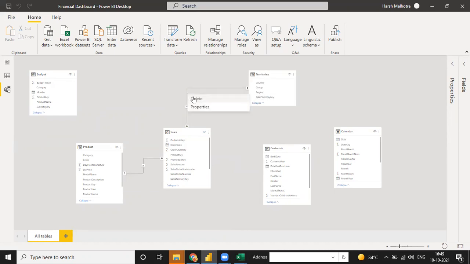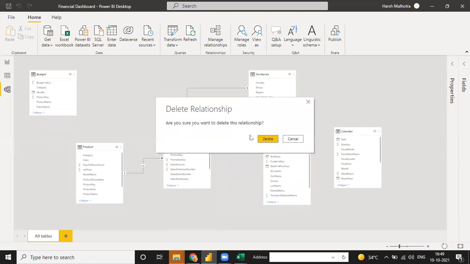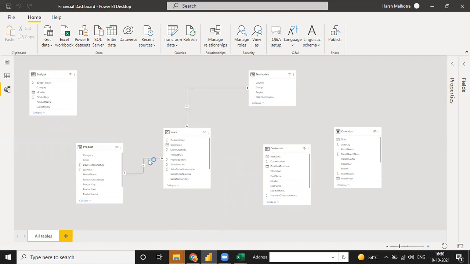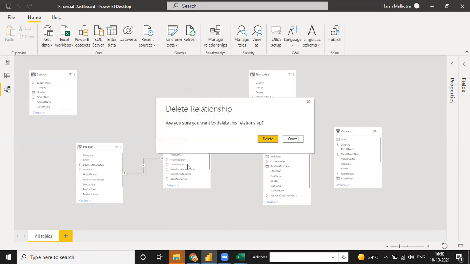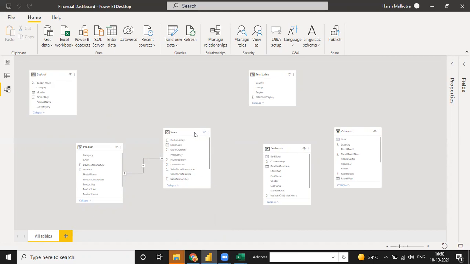I want to delete this one also, and this. Now tell me, why are we making a relationship between all these five tables, and what is the point to be remembered while making a relationship from start to end? Tell me.